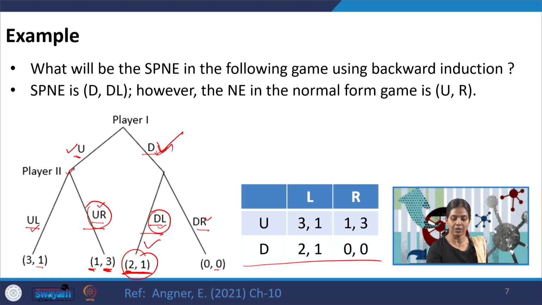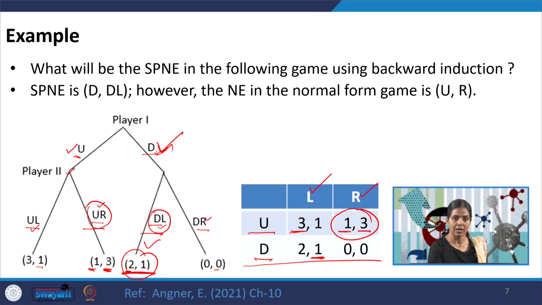So, this is the normal form game. You can see that when player 1 plays U, player 2 plays R; player 1 plays D, player 2 plays L; and so on. So, UR is the Nash equilibrium in the normal form game. So, what it shows is that it is not necessary that the subgame-perfect Nash equilibrium would be equal to the Nash equilibrium. Also, we would like to mention here that the subgame-perfect Nash equilibrium is obtained through backward induction,